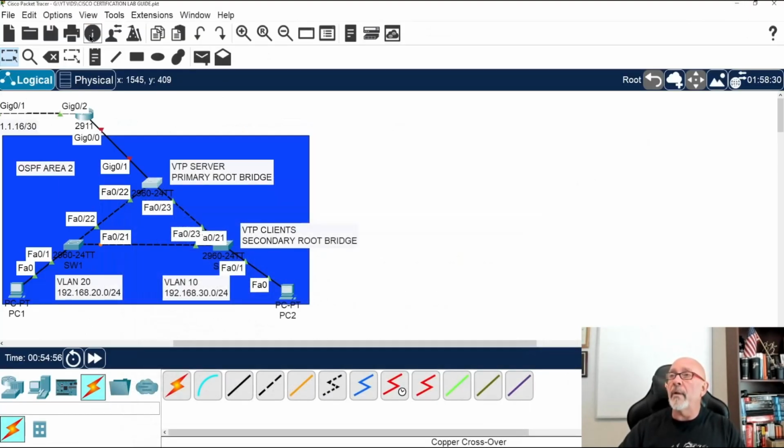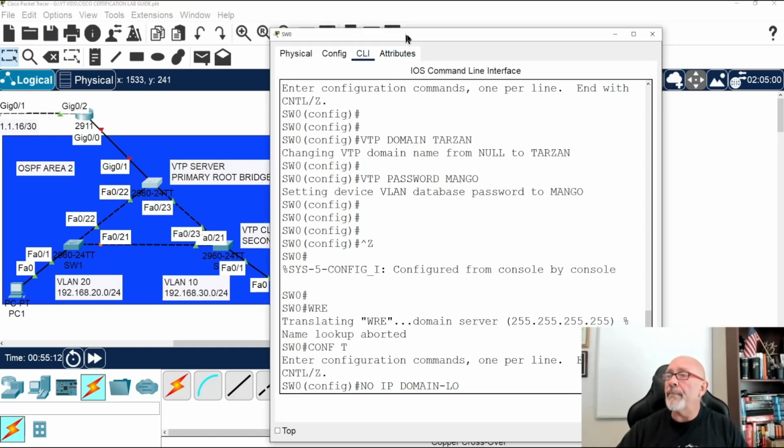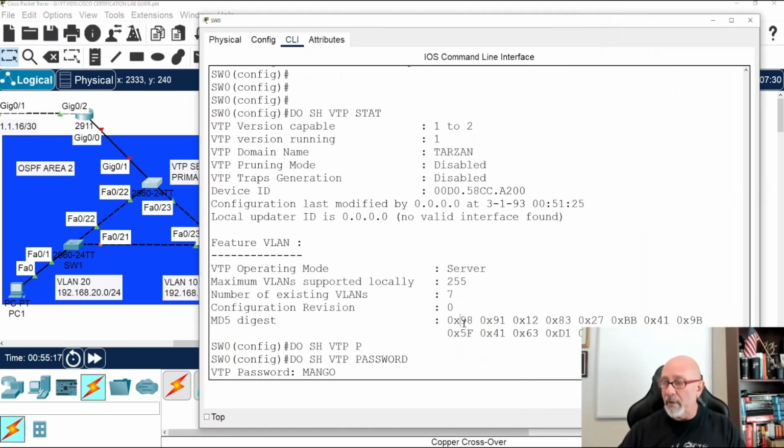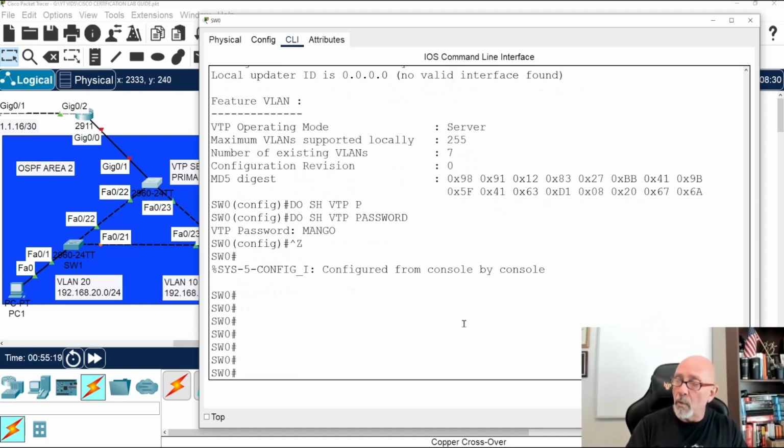So, let's save what we got so far. Now we need to trunk the ports. Which ports get trunked? Obviously, the ports that get trunked are switch to switch and switch to router. So I'm going to do a range command to trunk these two ports, and then I'll trunk this port on its own. Or I can do a comma, and do it that way if it works. If it doesn't, we'll just do it individually. No harm, no foul.